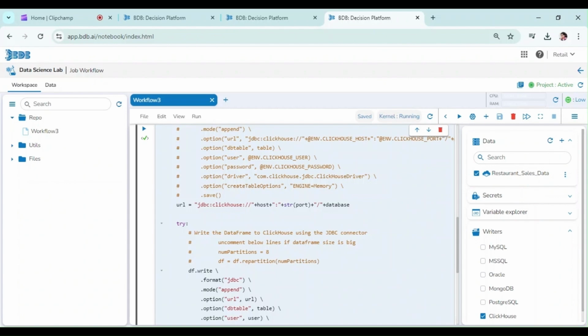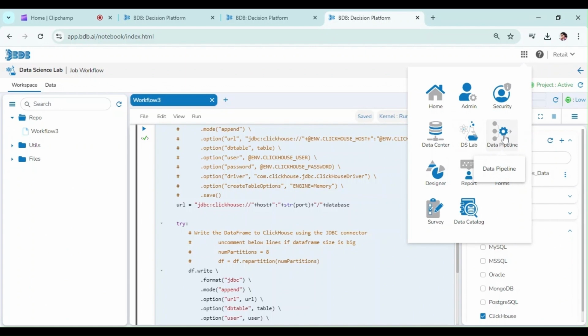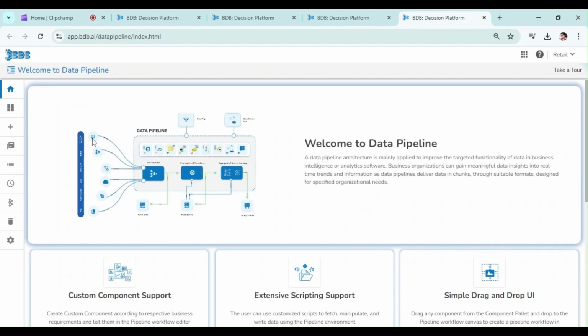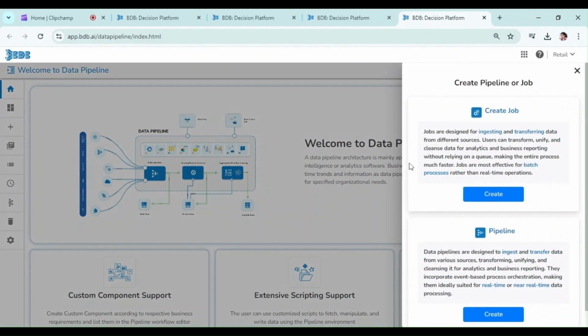Next, utilize Data Pipeline for PySpark job creation and execution. To begin, access the app menu and locate the apps icon in the top right corner. Select Data Pipeline plugins from the menu options. Click on the Create icon to initiate the job creation process. Then navigate to the Pipeline or Job Creation window and click the Create button in the Job section to initiate